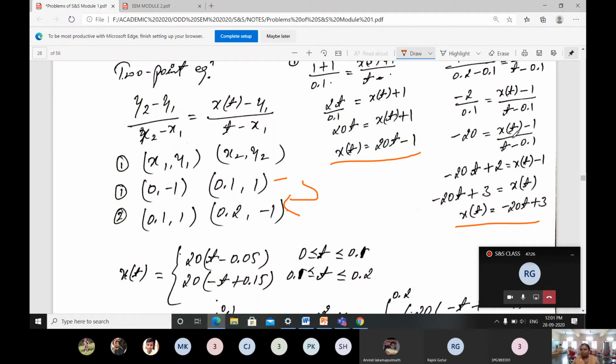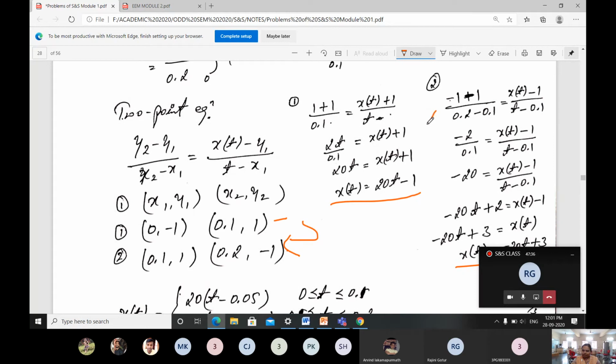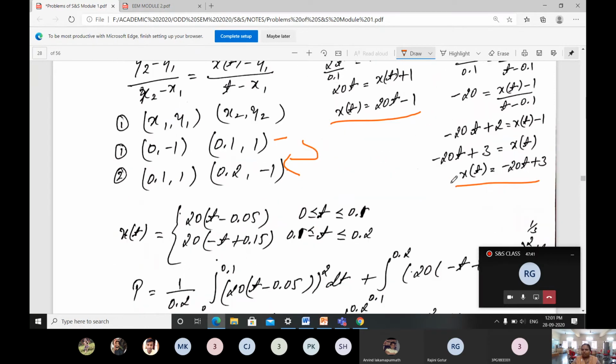Same way you have to do here. Just multiply here, and you will be getting x of t as 20t minus 1 and then minus 20t plus 3. Everything is given, you just go through this, so you will be getting the results for x of t. Next, just write out the values we got. X of t, when it is 0 to 0.1, you will be getting